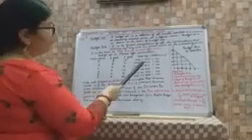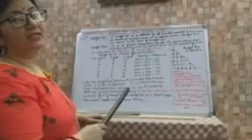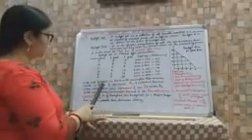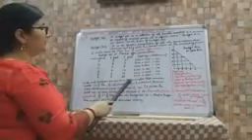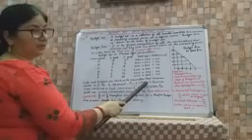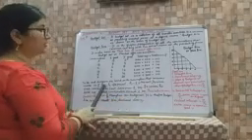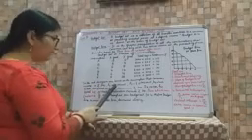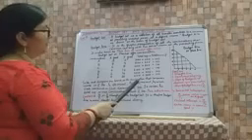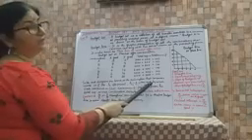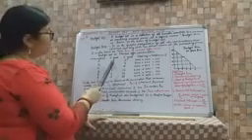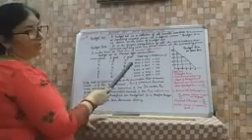And for that we must know how much the consumer's income is. We will discuss the diagram afterwards, but first see the table. The table is based on the assumption that the consumer's income is rupees 100. And you see that the price of X good is rupees 10 per unit and the price of Y good is rupees 5 per unit. He has to choose both of them. So how many units of X good and Y good will be chosen?